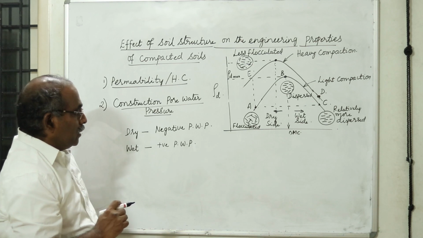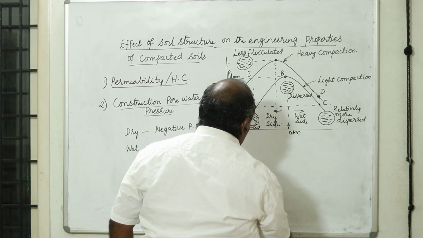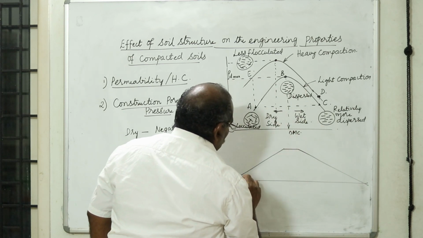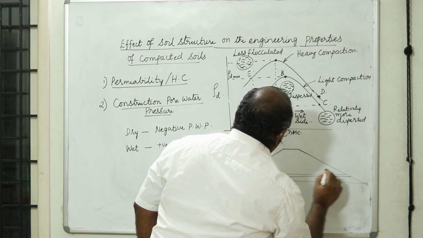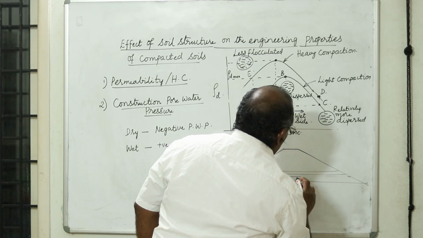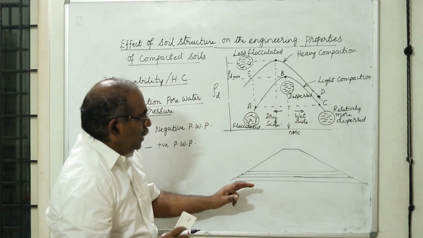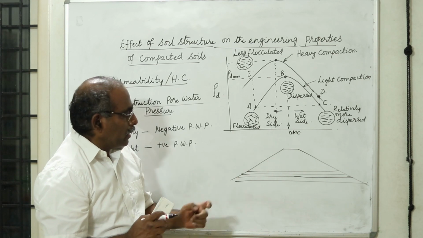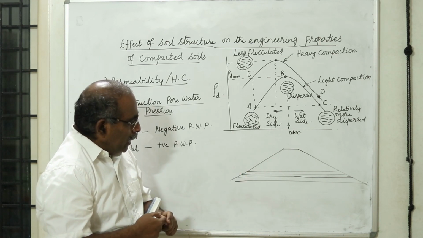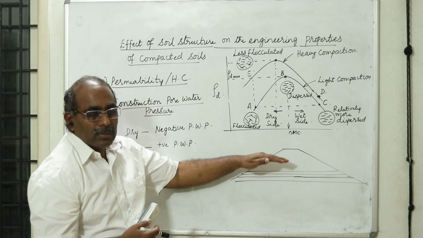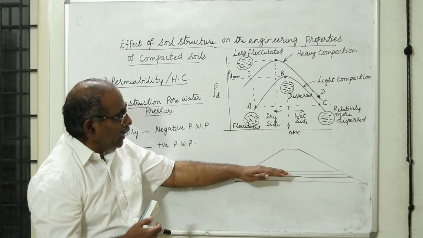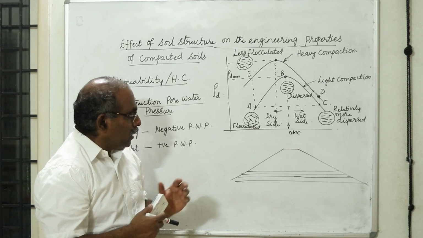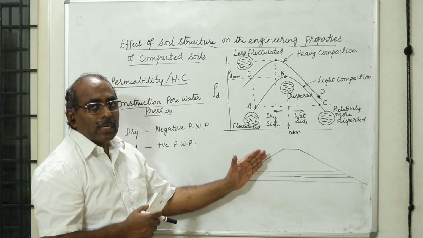Now you have got another aspect, that when you are trying to compact an embankment, when you are trying to prepare or construct an embankment, I am going to compact it in layers. Earlier, in the beginning of the 20th century, there was no idea how to compact it. They used to compact it in layers, and they wanted to hasten the work, and in some projects they tried to have many layers in a particular day, and there were failures of the dam in the construction stage itself. They didn't realize why they failed.